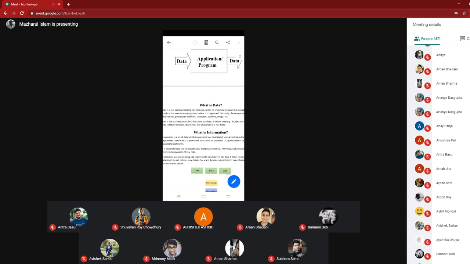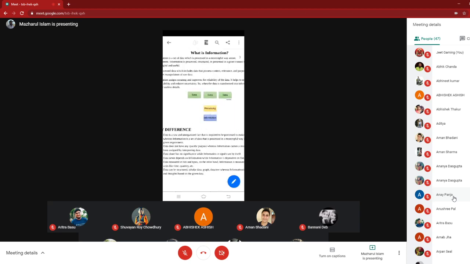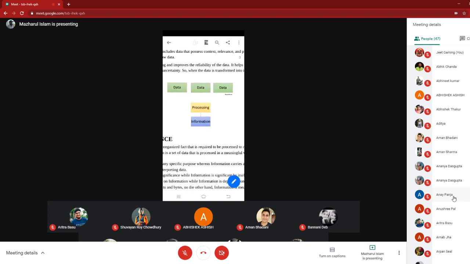So data is a kind of thing for which you need some interpretation by a human being or computer. Here is how data and information are related: data, after some pre-processing, we turn into some kind of information, as per our needs.